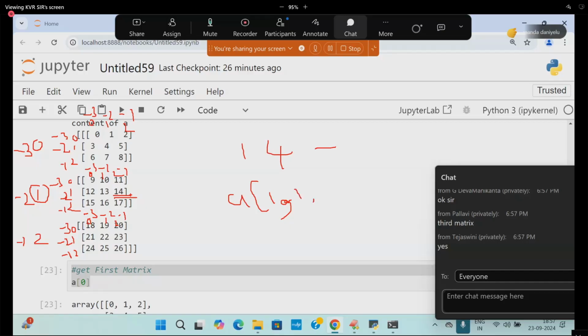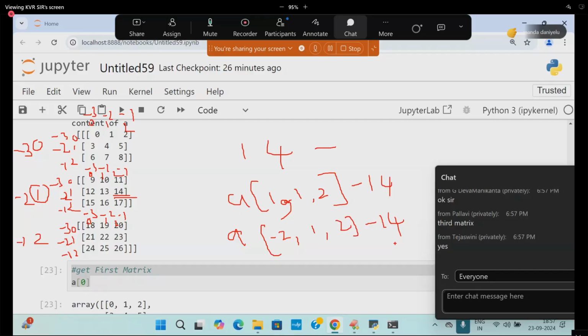Are you able to follow? What answer is going to come? 14 is going to come. How to write another way? Negative matrix: minus 2 comma 1 comma 2 will also give you 14. Another way is 1 comma minus 2 comma minus 2, which also gives you 14.